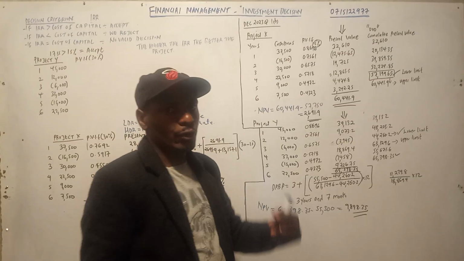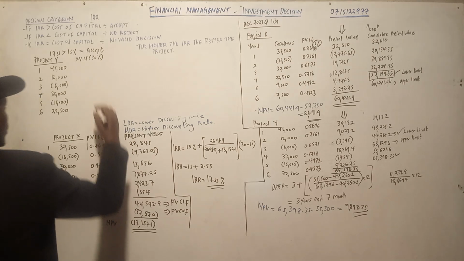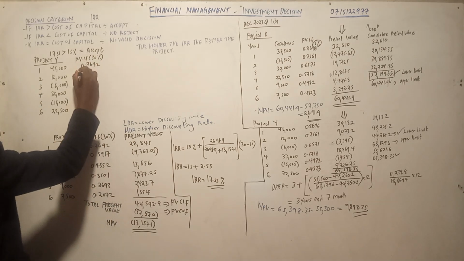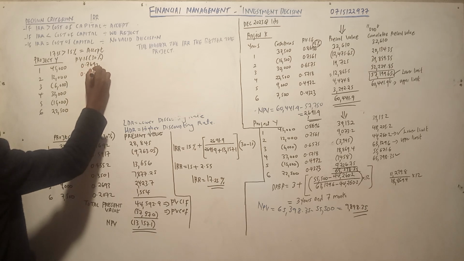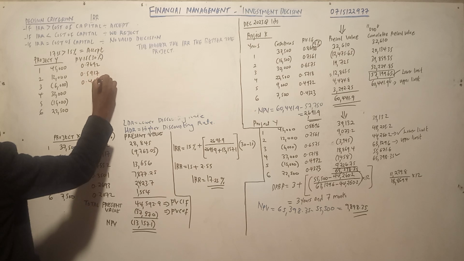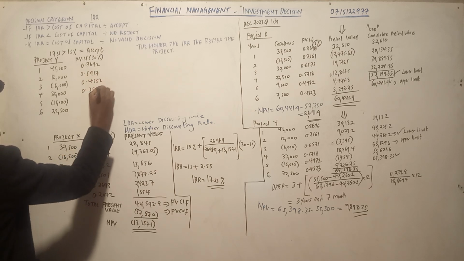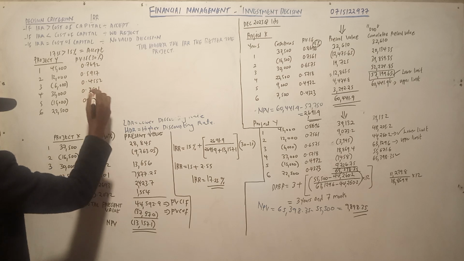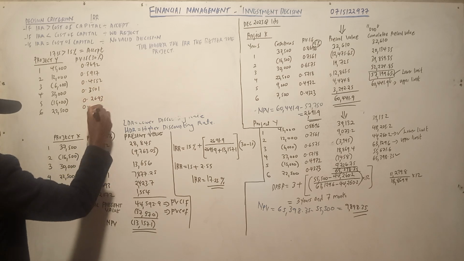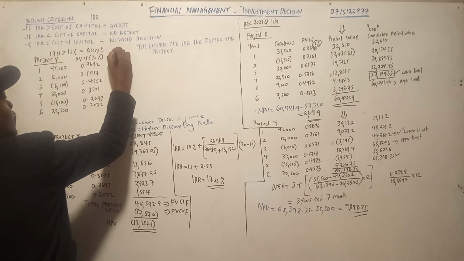So to make it negative, we use a higher rate. So we use the same as 30%, so it will be 0.7692, 0.5917, 0.4552, 0.3501, 0.2693, 0.2072. So we get the present value,